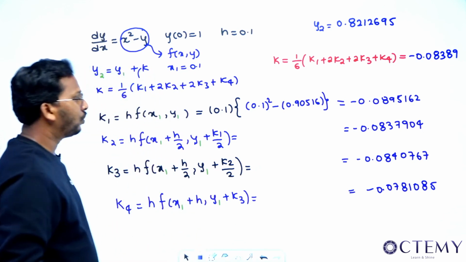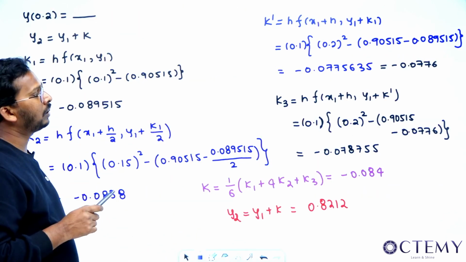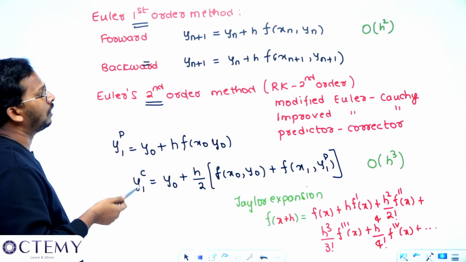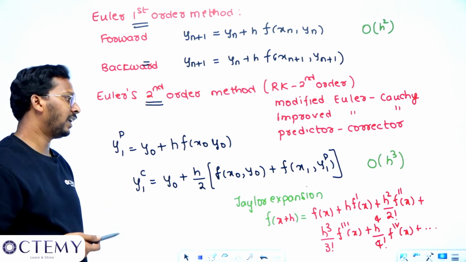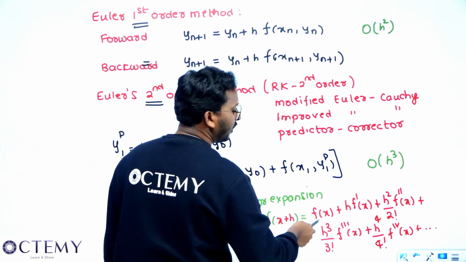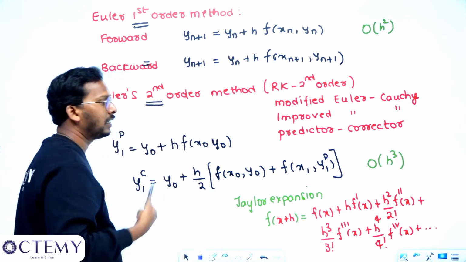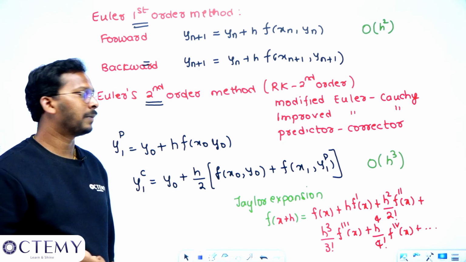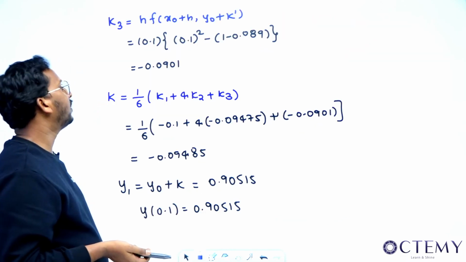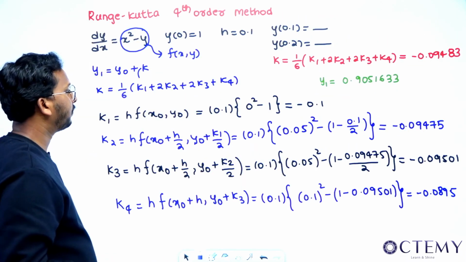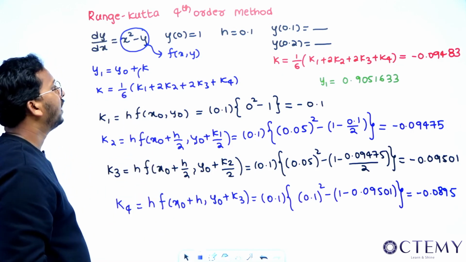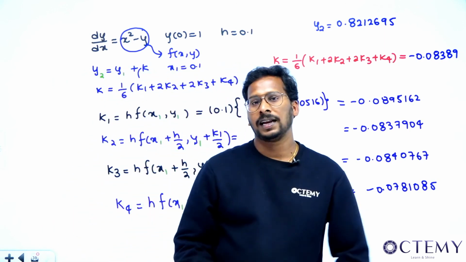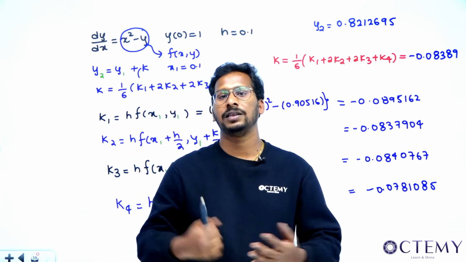In this method, I have shown you how to apply the Runge-Kutta third order method and the Runge-Kutta fourth order method also, and I have revised all the formulas and told you about the truncation error. If you are taking only two terms, then the order of the error is h square. If you are taking three terms, h cube, four terms, h power 4, like that, right? So previous year questions can also be done in the same way, sir. You can easily apply this formula. It is very straightforward. You just have to remember the formulas, right? So let me stop this class here and let us meet in the next class with a new concept.